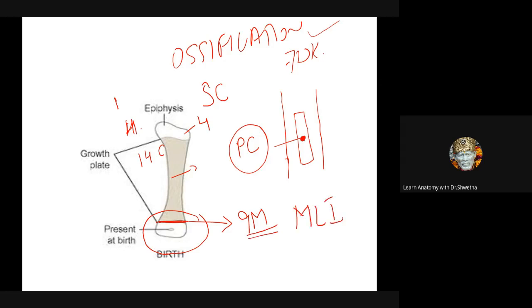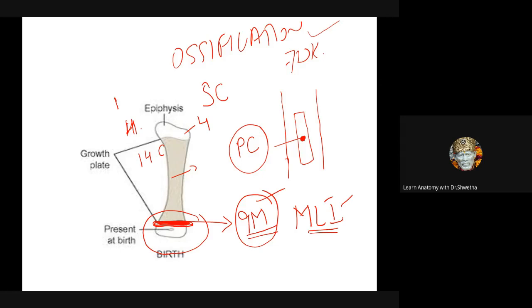Medico-legal importance. If a newborn baby is born dead and you take an X-ray, and this center is present in the X-ray, it means the baby was full term. So that is a medico-legal importance. This is again an MCQ question. When does the secondary center for the lower end appear, students? Ninth month. What is the importance of that? It represents full term of the baby. Very good.